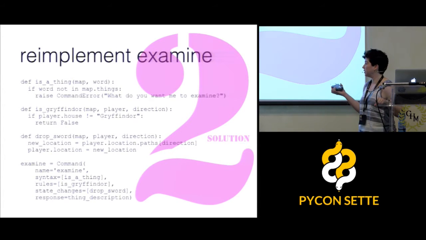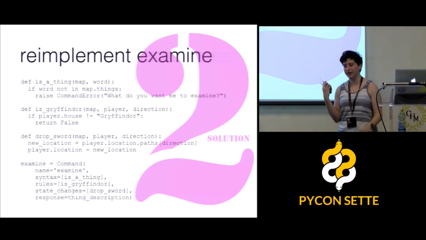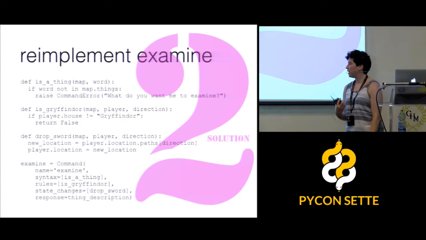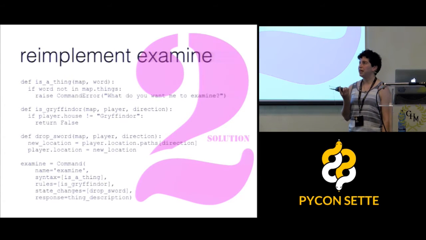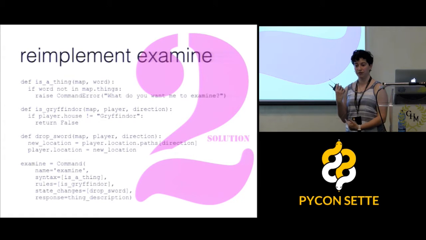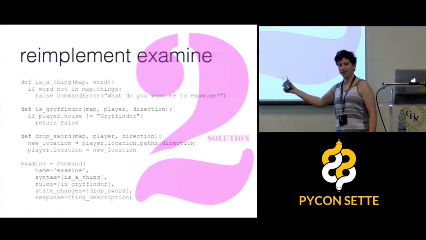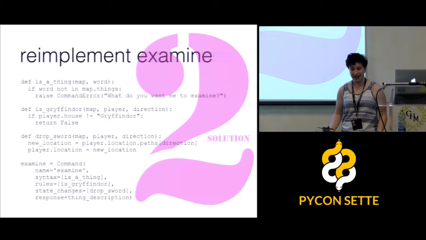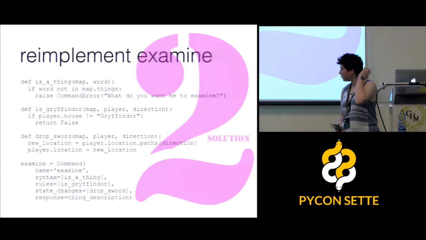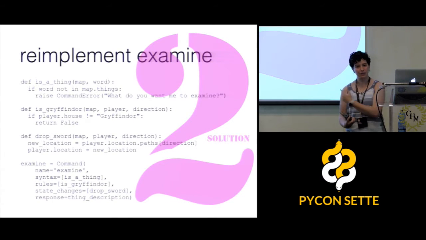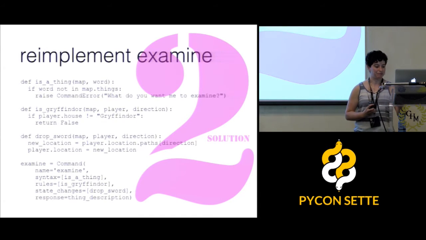One thing that you might notice from looking at this re-implemented version of Examine is that if I just look at this and I know nothing about my game and the whole history of why I wrote it this way, I would assume that the default behavior of Examine is to drop the sword of Gryffindor. I would assume that Examine is always trying to drop the sword, and most of the time it won't because of these logical checks. And that's not really how I want this. This is not really how I want to treat edge cases. So I'm calling 2 halfway there. I have some ideas.